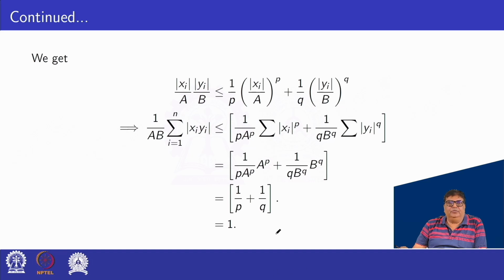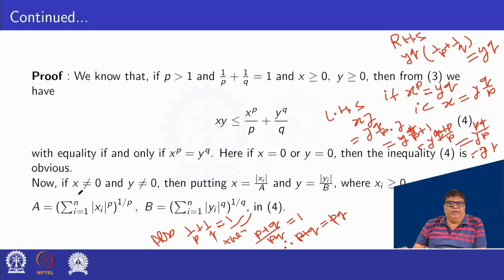Here i is equal to 1 to n. This summation from i is equal to 1 to n, mod xi power p. Similarly, plus 1 upon q, b to the power q, summation i is equal to 1 to n, mod yi power q. Clear? 1 upon p, a to the power p, value of 1 upon mod xi power p from here. A is summation i is equal to 1 to n, mod xi power p, whole power 1 by p,